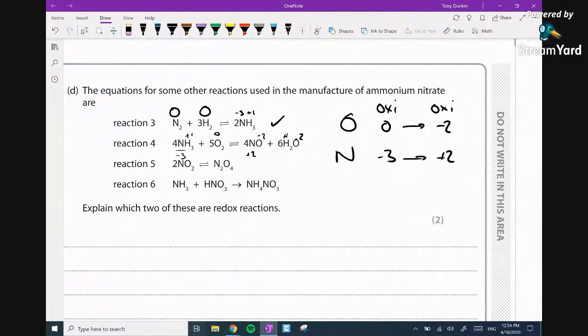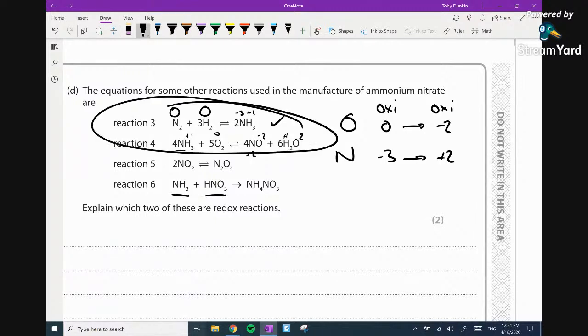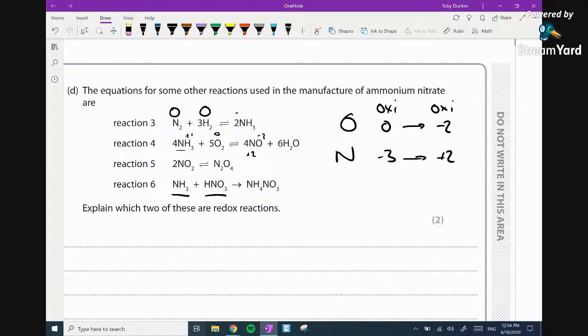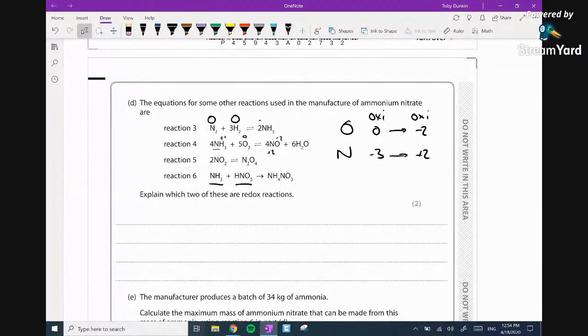The other one is an addition reaction. No changes in charge anywhere. Same with the bottom one. That's a neutralization, that's an acid base. There's a base and there's an acid. So reactions 3 and 4 are both redox. And explain which two of our reactions are redox. So reaction 3 and 4 are redox